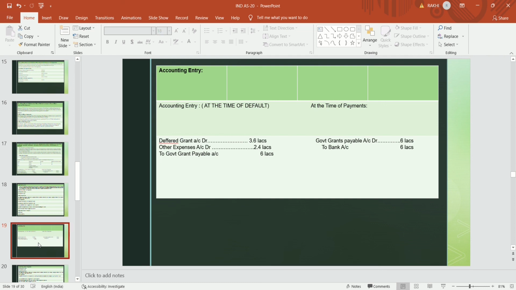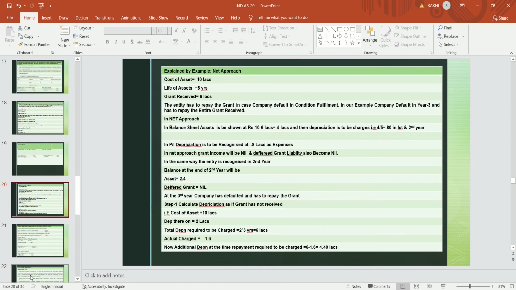And at the time of payment, they will debit the government grant payable account by 6 lakhs and credit the bank account. This is the gross approach. The net approach is quite critical, but we have to understand that in the net approach, the cost of the asset is